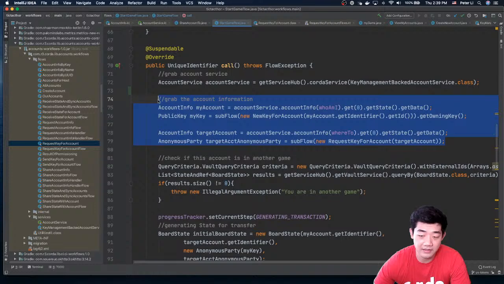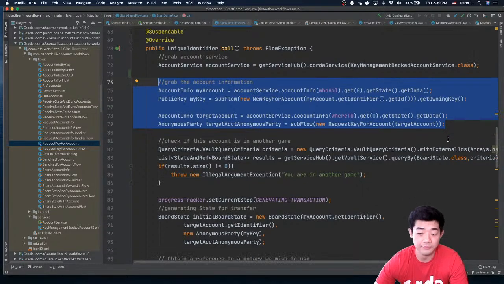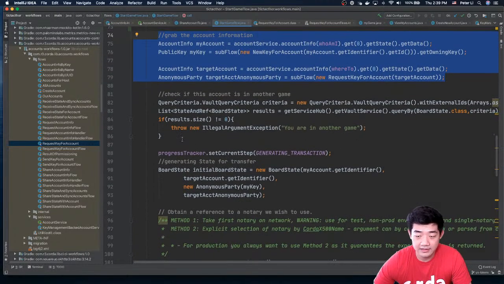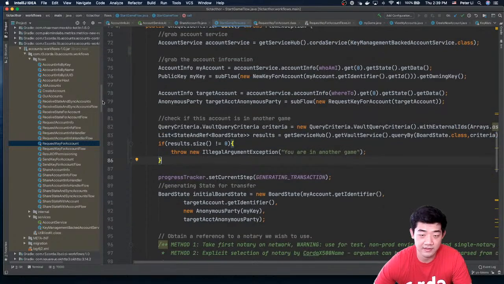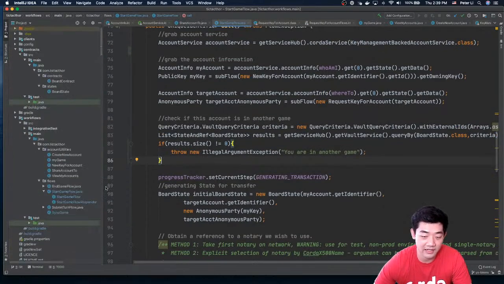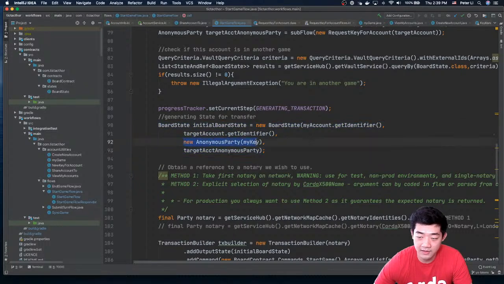So that's basically already step 1 and step 2 for a typical Corda accounts flow. And for the following, don't worry about it. It's just the flow logic for this specific start game flow. What we're looking at here is that when we create the state for the transaction, we need to put the account's identity here